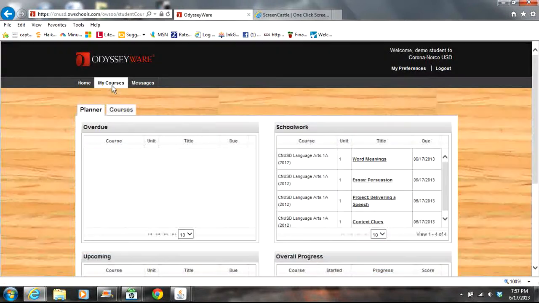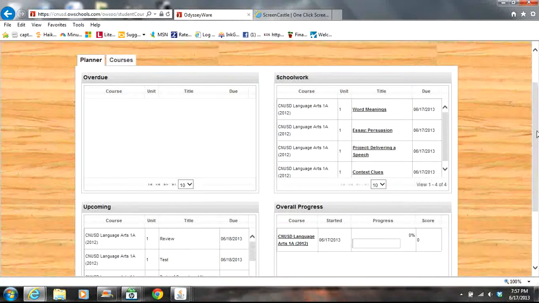Under the My Courses tab, you'll open that up. You've got a few different boxes here to look at. The first one is your schoolwork. This is similar to the first page, but this is a more comprehensive view of the assignments that you have coming up. On the right-hand side, you'll have an overdue box, and hopefully this is always empty. You don't want assignments listed in there because then you're in jeopardy of not completing the coursework on time and then failing the course. So keep that box empty.